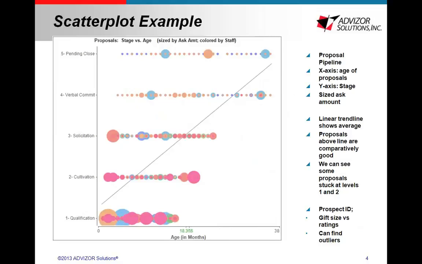regarding advancement. So we have our proposal pipeline. In our horizontal axis we have the age of the proposal ranging from 0 all the way to 38, and then we have the different stages. In this case we have 5 stages. So then we also have the size, which represents the ask amount. So the larger the point, the greater the ask amount that's out for that proposal, and it's colored by the